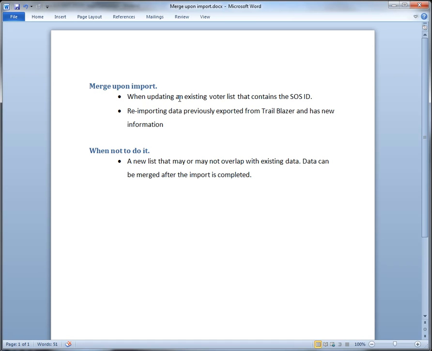The reason for it is when you bring data in, you can always merge it after the fact. If you make a mistake during the import in your mapping process, you can always reverse it by doing a delete of those new entries that came in. But once they've been merged in, it's very difficult to reverse that process. So let's go ahead and show you what I'm talking about as far as updating or appending and doing a